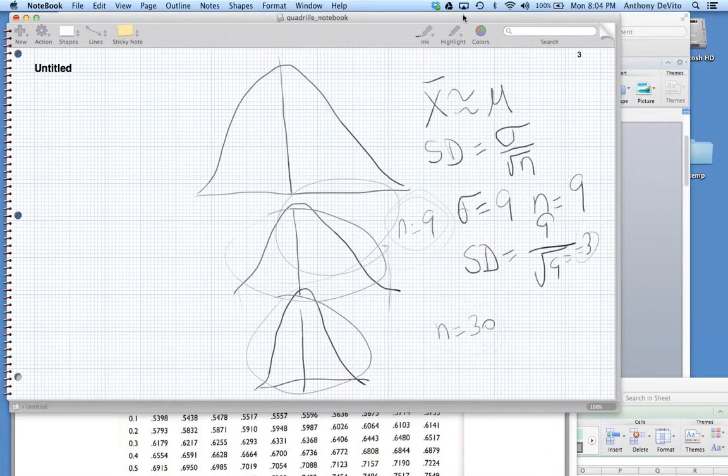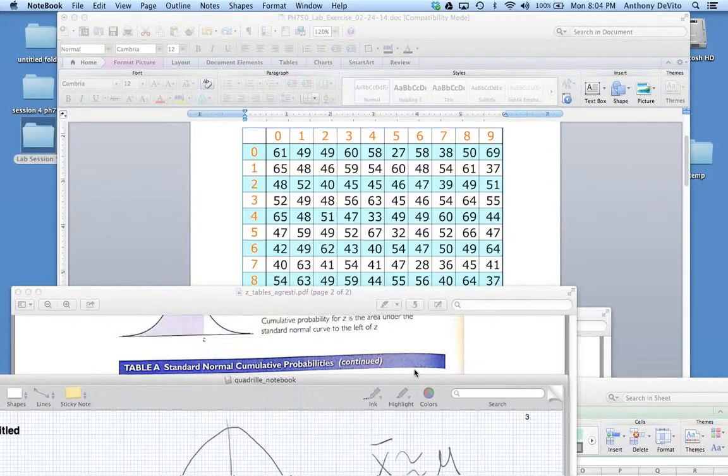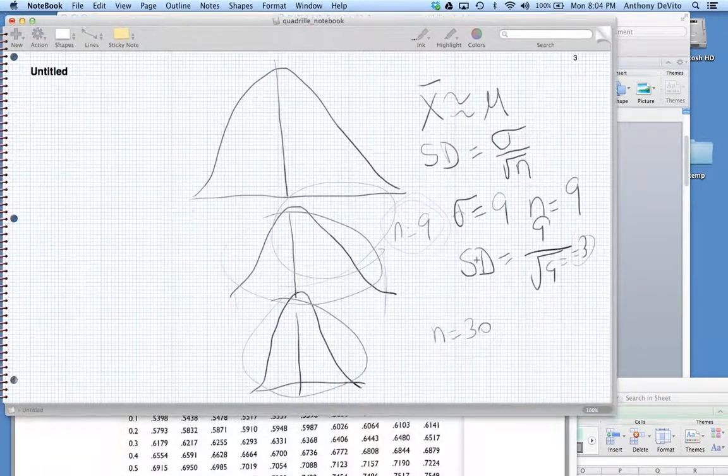Standard deviation is 3. When we did it, we actually got 4, but we only had a certain number of values. In fact, it might be 3.8 something. Remember, I rounded all those numbers anyway. So we just demonstrated what would happen if we had a sample of size 9.